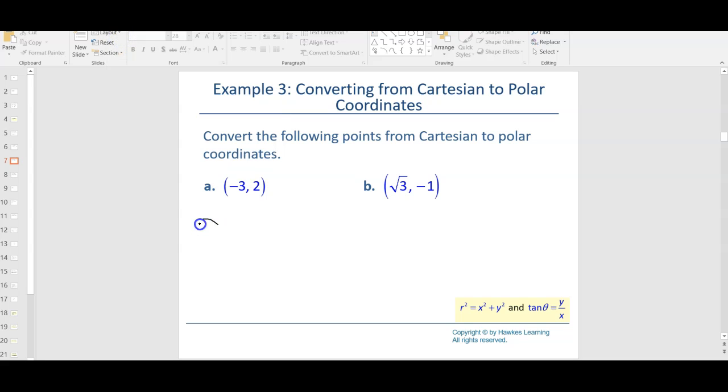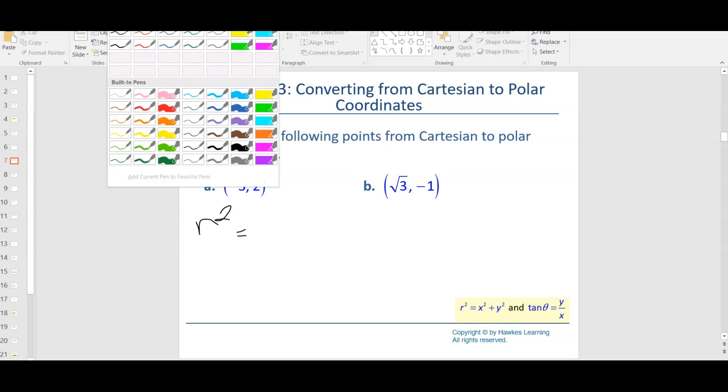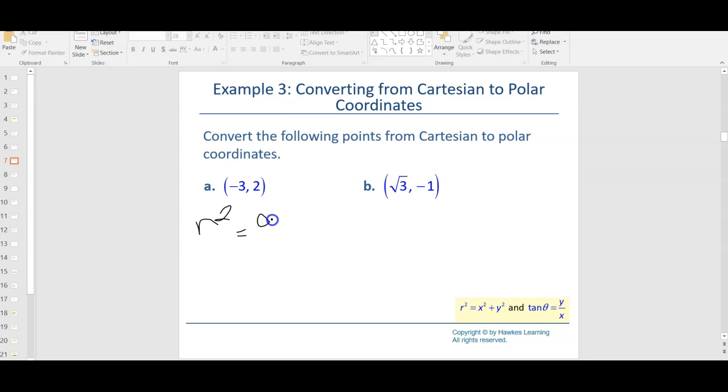So r squared is equal to negative 3 squared, which is 9, plus 2 squared, which is 4. So that would be 9 plus 4, which is 13. So r is the square root of 13. Okay, and then